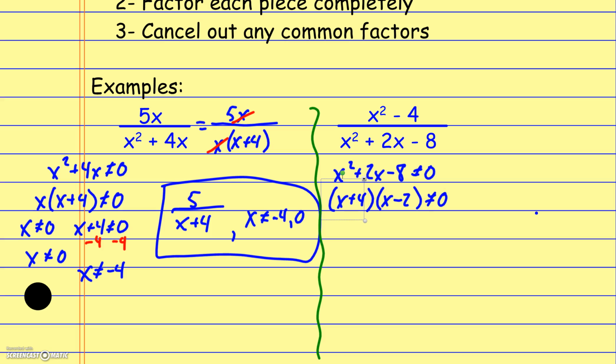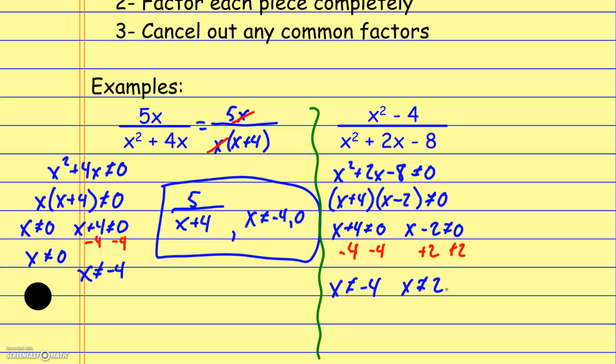And now I set each factor to not equal to 0, essentially. So I say the x plus 4 cannot equal 0, and the x minus 2 cannot equal 0. And I have to solve each of these. So over here in this first one, I have to subtract the 4 from each side. Over here, I have to add the 2. And so I come up with these two domain restrictions of x cannot equal a negative 4 and x cannot